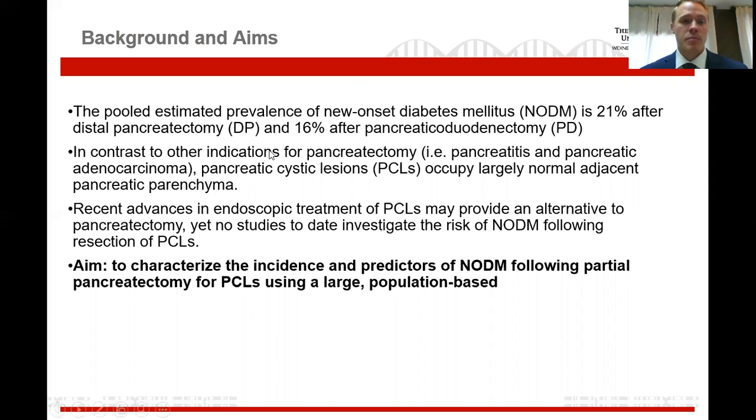New onset diabetes mellitus is common following partial pancreatectomy, with an estimated pooled prevalence of 21% following distal and 16% following proximal pancreatectomy. Pancreatic cystic lesions, or PCLs, are increasingly diagnosed with advances in cross-sectional imaging, and unlike other indications for partial pancreatectomy, may have relatively normal surrounding pancreatic tissue. Yet to date, there have been no studies evaluating the incidence and risk factors of new onset diabetes following resection